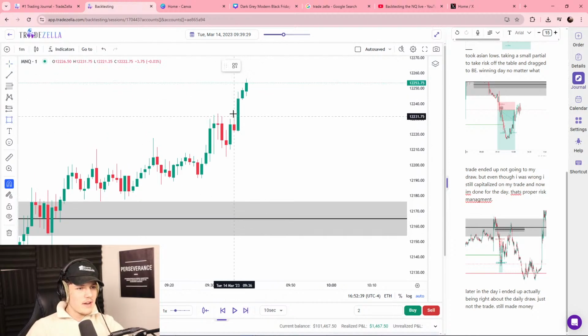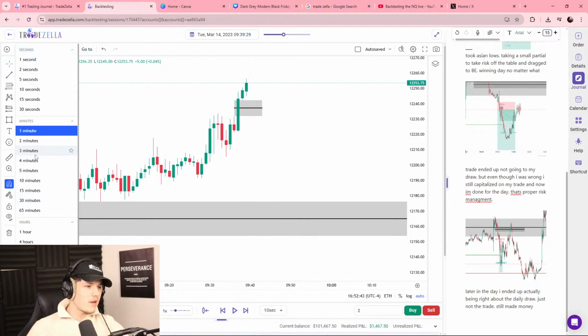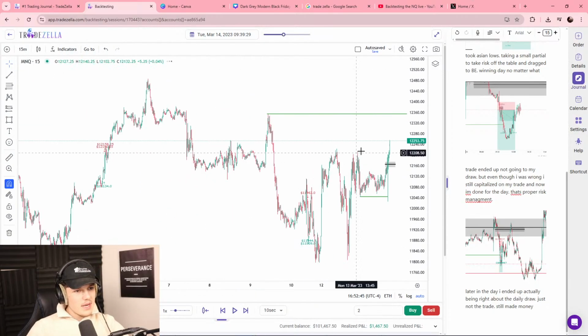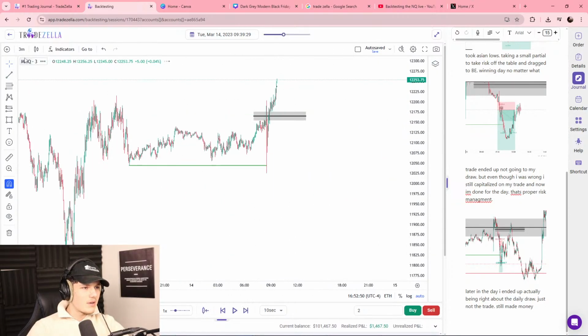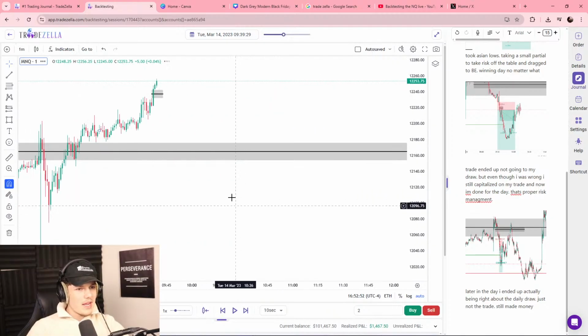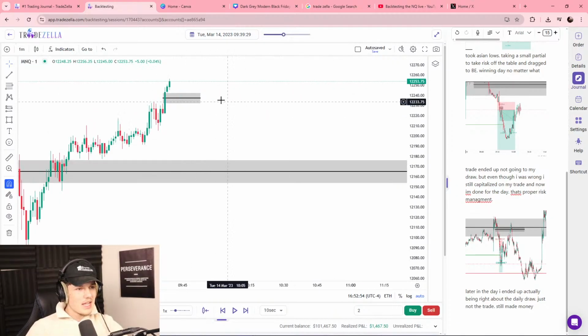Now we have our first presented fair value gap. What time is it? It's 9:38, 9:39, so at 9:40 we could trade into it. On the 15 minute, we took some highs. We're not really close to our draw on liquidity. So I'm going to go back down to the 1 minute and anticipate price action is going to trade here.